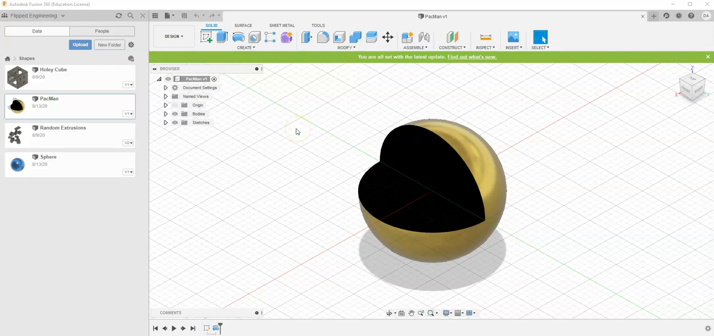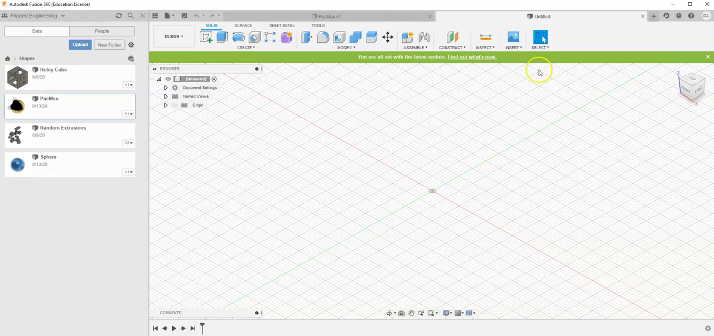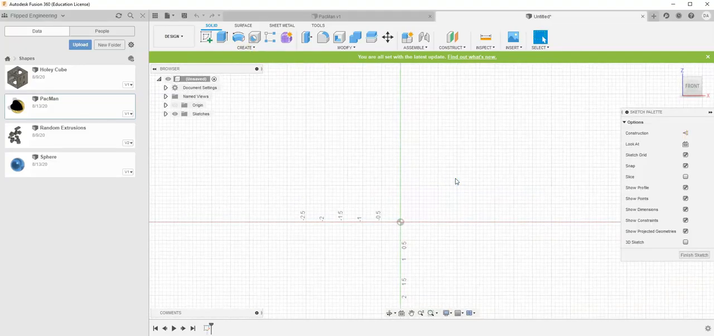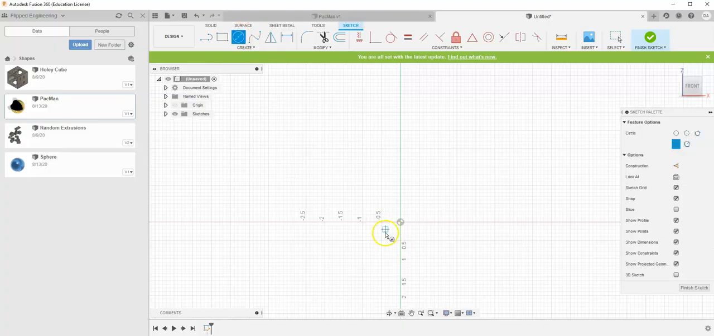So I wanted to make one more video utilizing the revolution tool, but this time I want to use the axis a little bit differently. So let's go ahead and start a new design, and let's start a sketch on our front face. Grab our circle tool, lock it onto the center, drag, and let's tell this circle to be 1 inch in